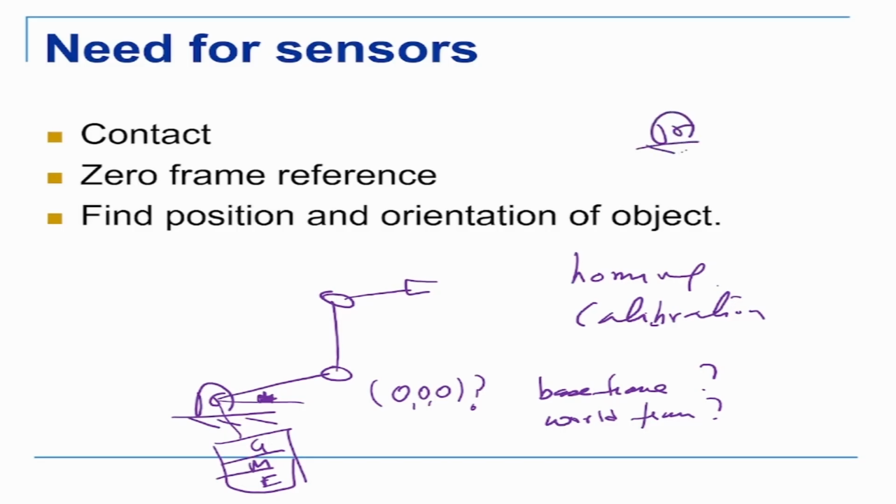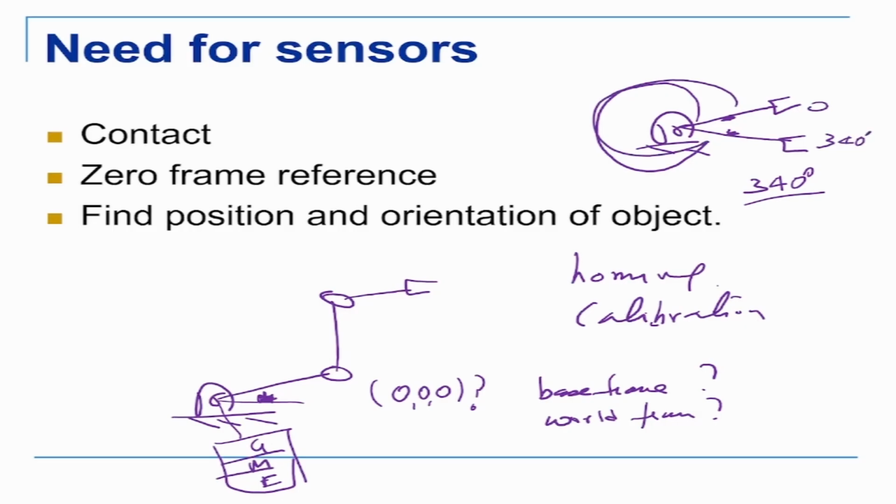The second is, when the link is moving, this is a robot, this is a link, it goes from here and comes till here. It cannot go fully 360 degrees; it will go for about 340 degrees. There are physical stops in there, which are limit switches again. The robot will hit that, and now it knows that is 0, the end of range. It goes to the other side, it knows that is 340, the other end of range. So its range is this much.